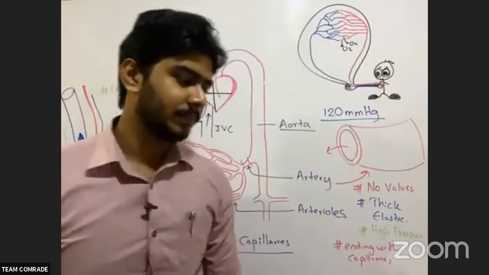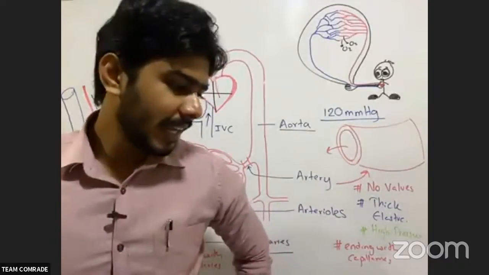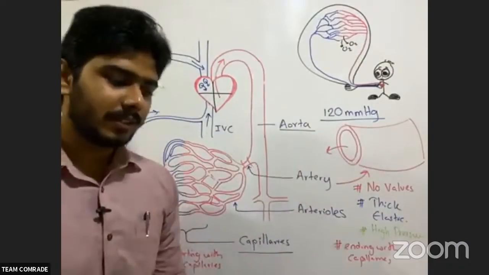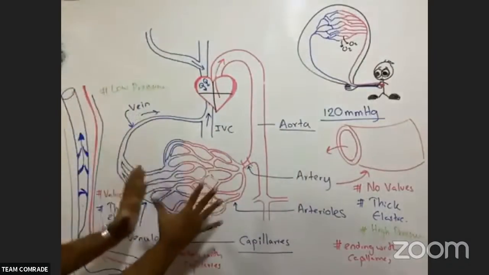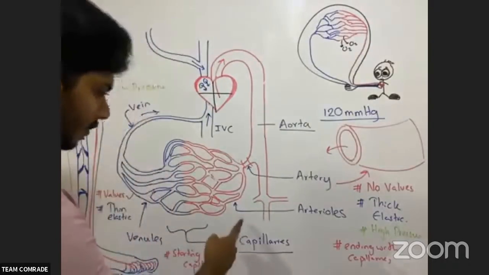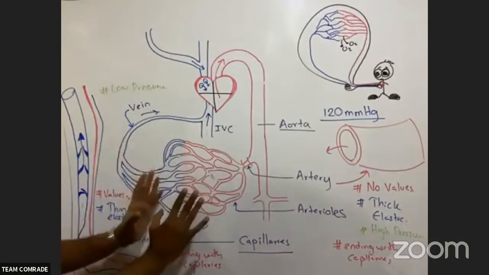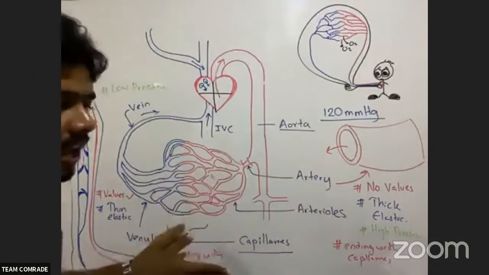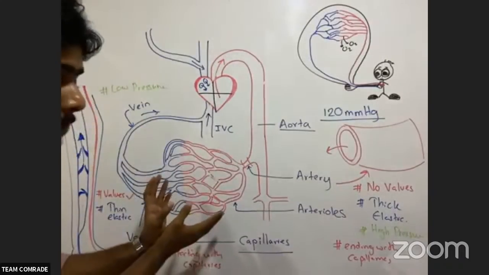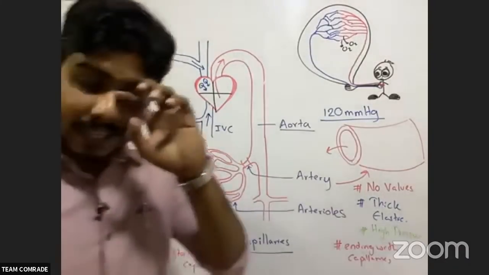Here capillaries are there. That is the smallest of the blood vessels. You see the tube, the smallest of blood vessels, that forms a network, like a kind of network between the arterioles and venules. This is an arteriole, these are venules. In between, they form a network. So the smallest blood vessels that form a network between arterioles and venules, that we call capillaries.